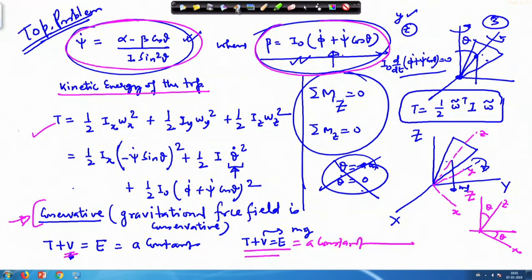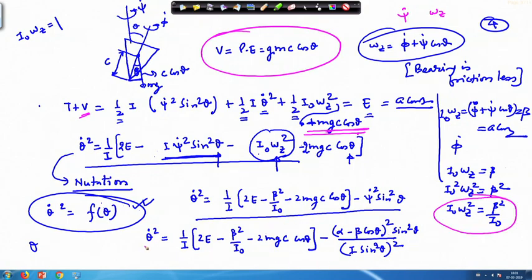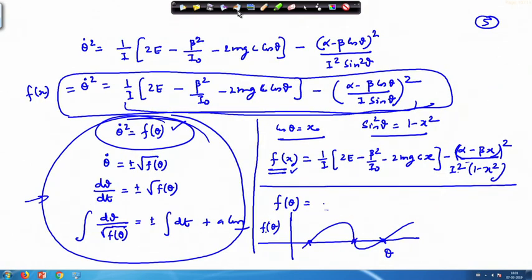Okay. Then we got the potential term, which is mg times c cos theta. Here we have added that part, the potential part, T plus V. We rearrange that equation in terms of theta dot, by putting the psi dot part and omega z part here, in terms of beta. Using this information,